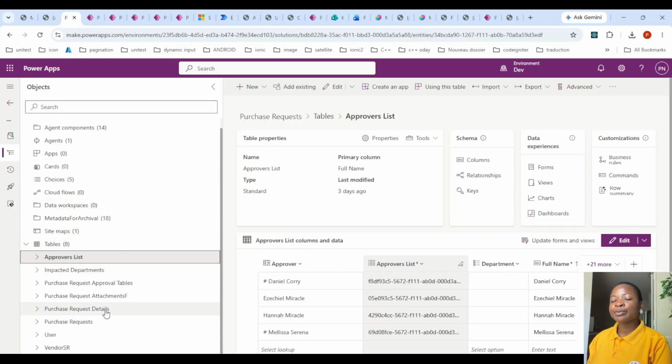And then we have the attachment table where we have the files, whether images or files. And then we have the purchase request details that has the line items, all the items that have been purchased, the quantity, the price of each one, the total pricing as well. And we have the purchase request that has the purchase order in general. So that's what we are going to work